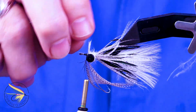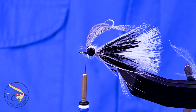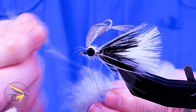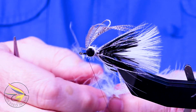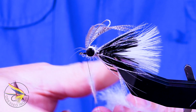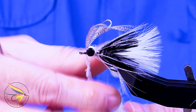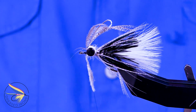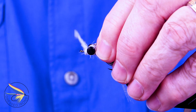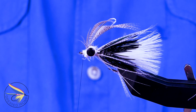That's some of that dubbing that is coming out. I'm going to get a little bit more of this fluff here. Just peel that off. Those ends is all you need. Use that for some dubbing. And just cover this up right behind the eye of the hook. Kind of taper that down just a little bit like that. Now I can